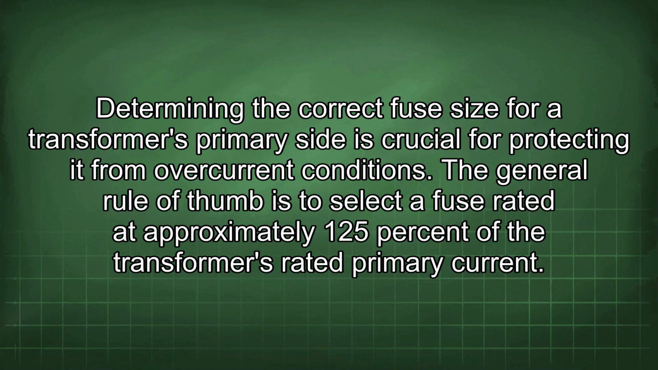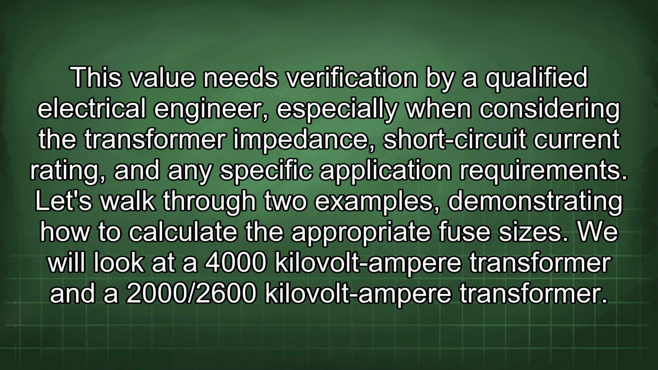Determining the correct fuse size for a transformer's primary side is crucial for protecting it from overcurrent conditions. The general rule of thumb is to select a fuse rated at approximately 125% of the transformer's rated primary current. This value needs verification by a qualified electrical engineer, especially when considering the transformer impedance, short circuit current rating, and